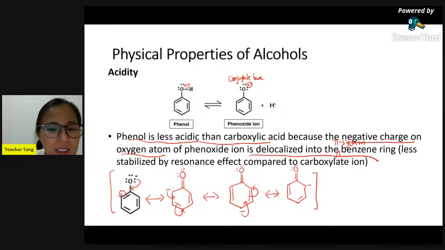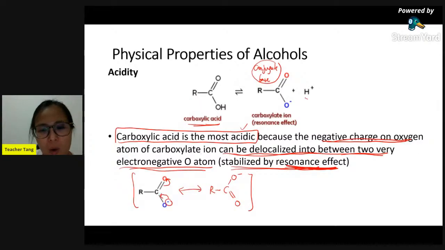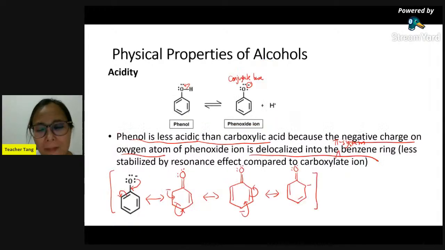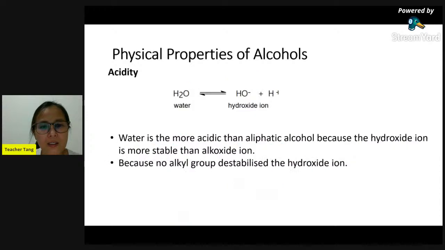Can you see that the negative charge is all on carbon of the benzene? Carbon is less electronegative compared to oxygen. While in the carboxylate ion, the negative charge is on oxygen. As oxygen is more electronegative, it is more effective in stabilizing the conjugate base compared to the benzene ring. Therefore, the carboxylate ion is stabilized more by resonance effect compared to the phenoxide ion. Then now we move on to look at